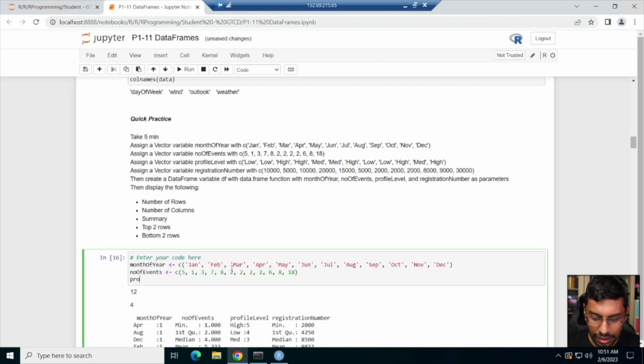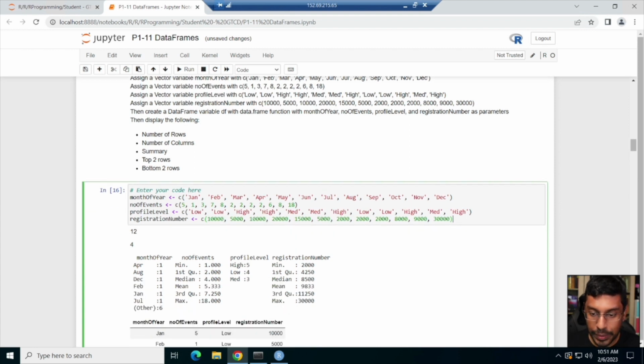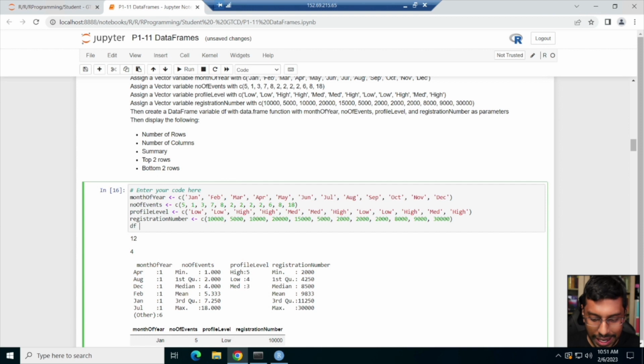And then profile level, going to copy this, and registration number, I'm going to be copying this. Right? Simple as that. Okay, once these 4 vector variables are formed, I can form my df as data.frame